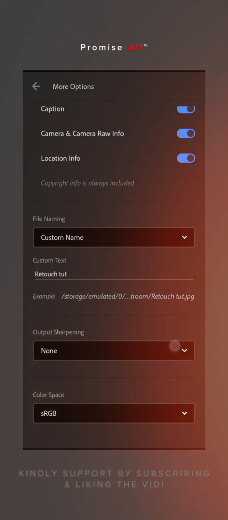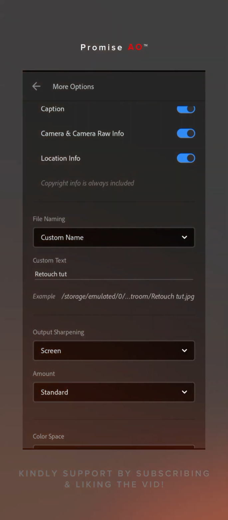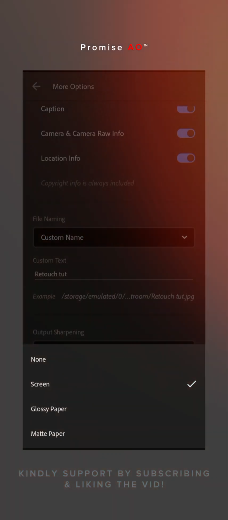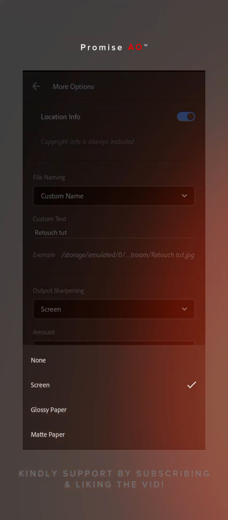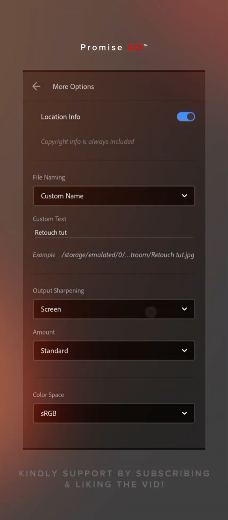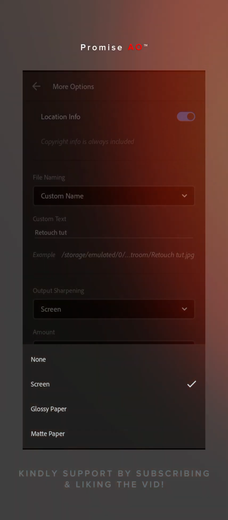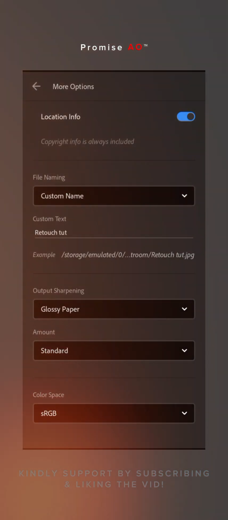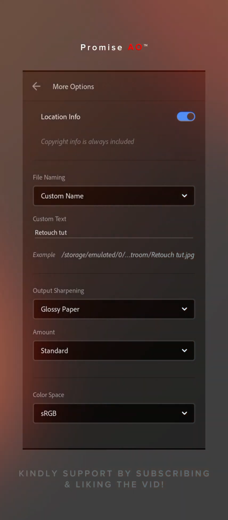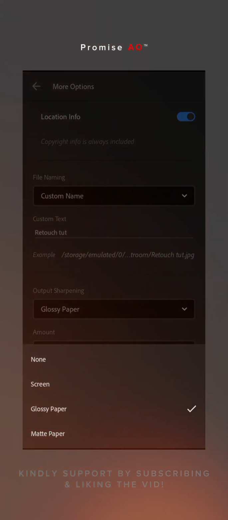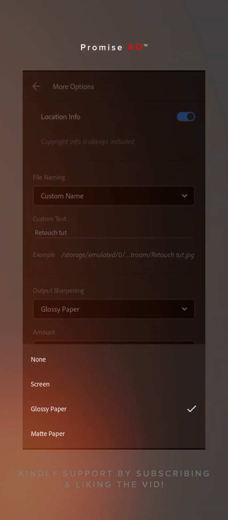Now for output sharpening, screen is going to have a very small effect. It's a very light effect, it's going to sharpen your design, but very light. It's going to add extra sharpening, but very light. Then glossy paper is going to be very glossy, like a glass kind of sharpening, which I don't much advise people to actually try out, unless